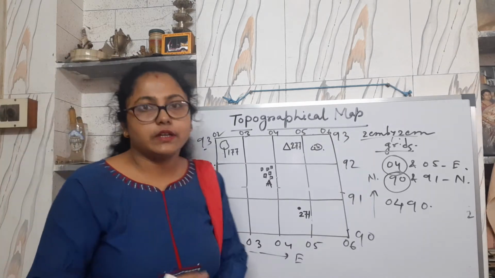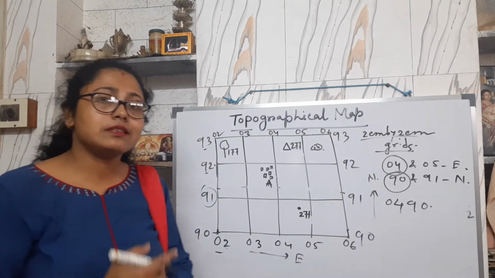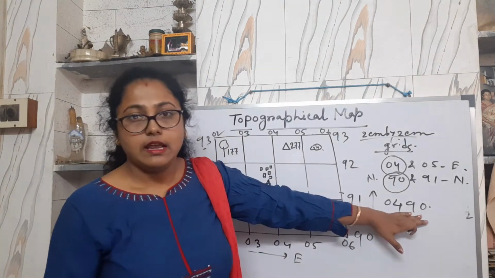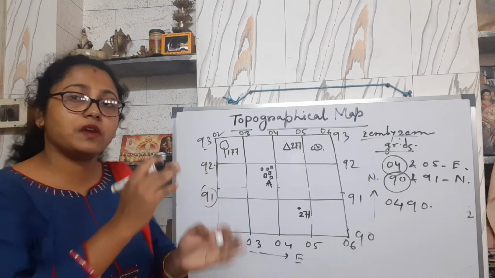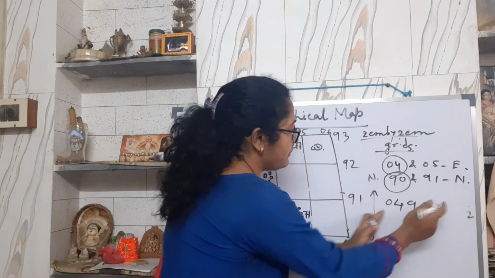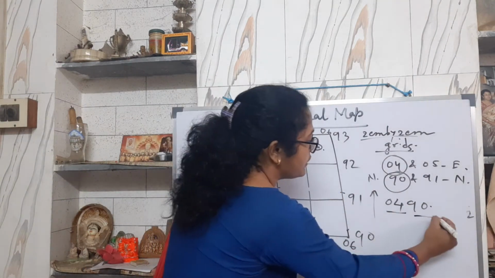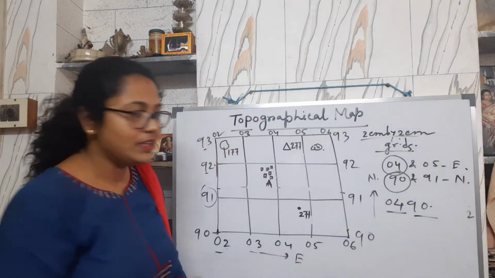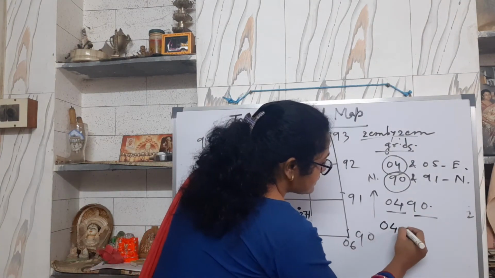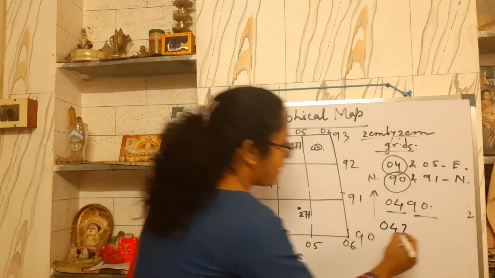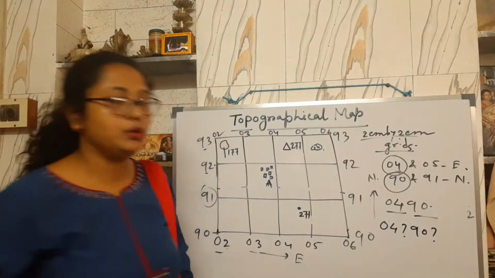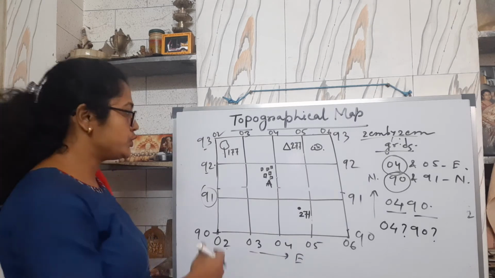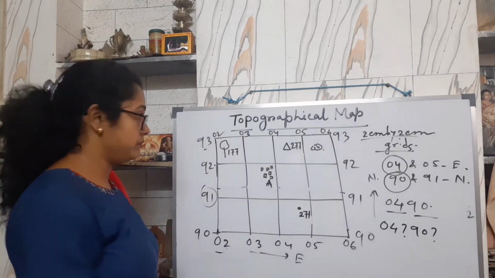Now 6-figure grid reference. A 6-figure grid reference is more precise. 4-figure grid reference means 4 figures are there; 6-figure means 6 figures must be there. In case of 4-figure, you have taken 2 figures from eastings and 2 figures from northings. Where will the extra 2 figures come from? Obviously from eastings you take 1 more figure, and from northings another figure. In this way the 6 figures will be formed. How to do that? Let me discuss this.